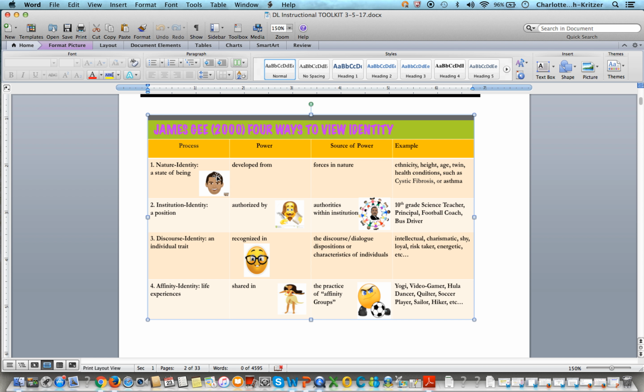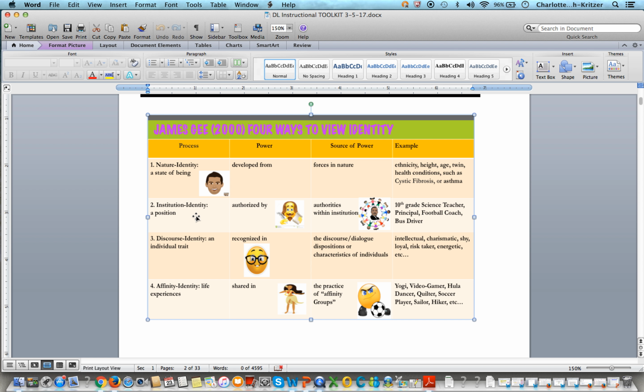Interestingly, because you identify a certain gender and you identify at the age that you are today, what I read when I was 5 years old compared to when I'm now a middle-aged woman is completely different. So all of these natural things that come from nature shape our identity and also help us think about what we read. There's also institutional identities.